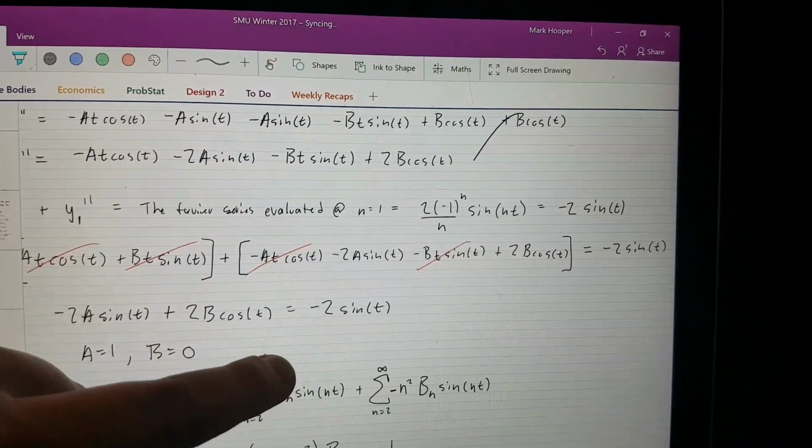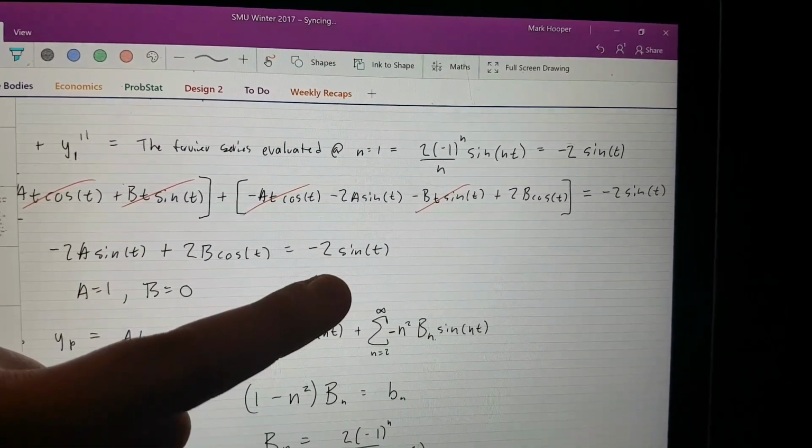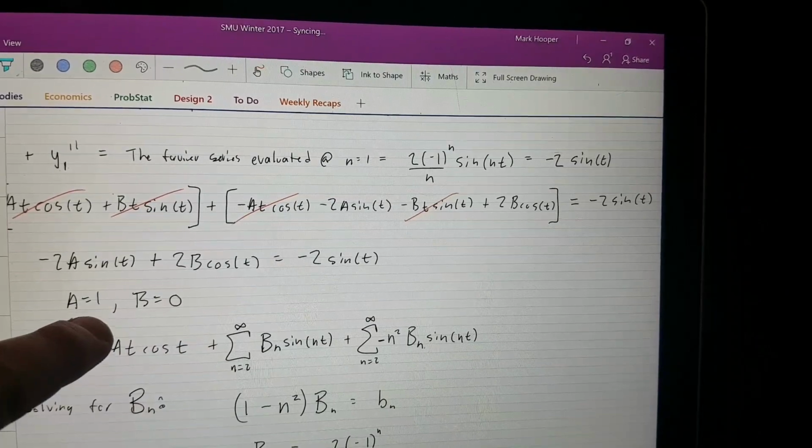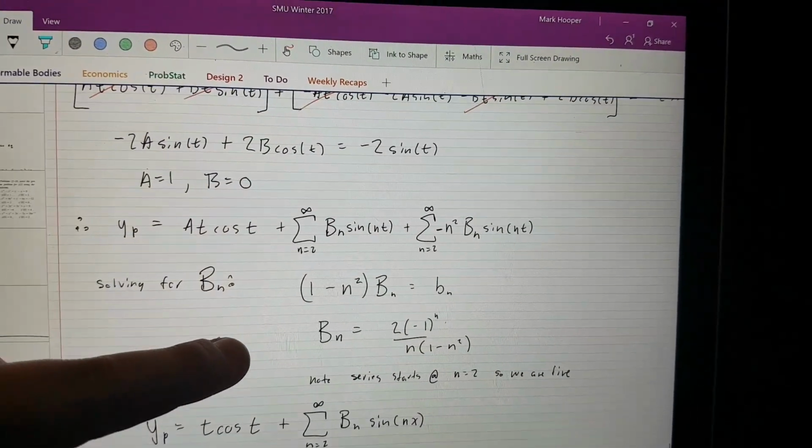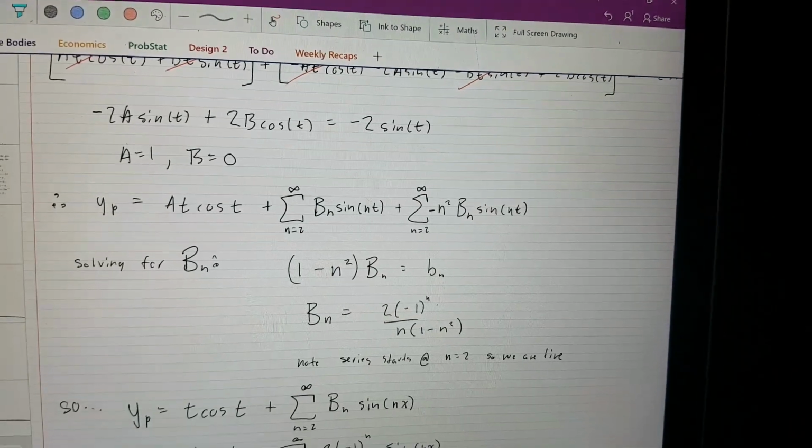So then we get all this to cancel. So we've got this, and that has to look like this. So b's got to be 0, and a has to be 1, because we got the minus 2 there. So our particular solution is going to be,